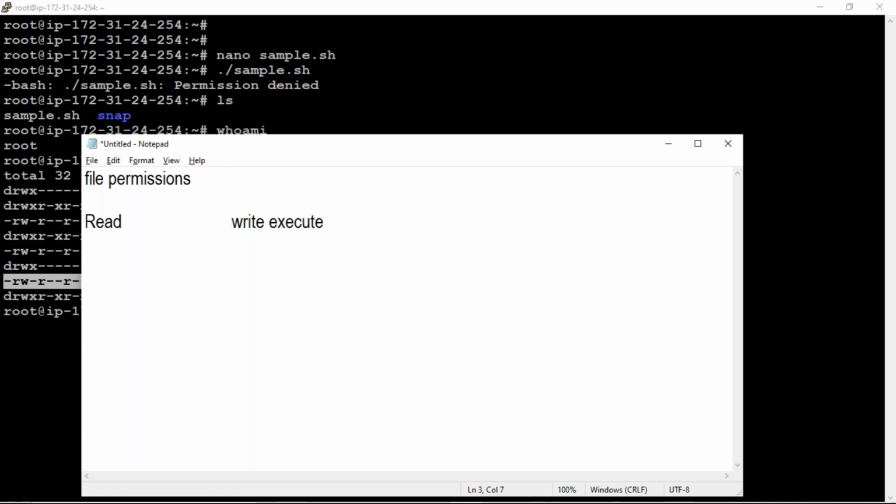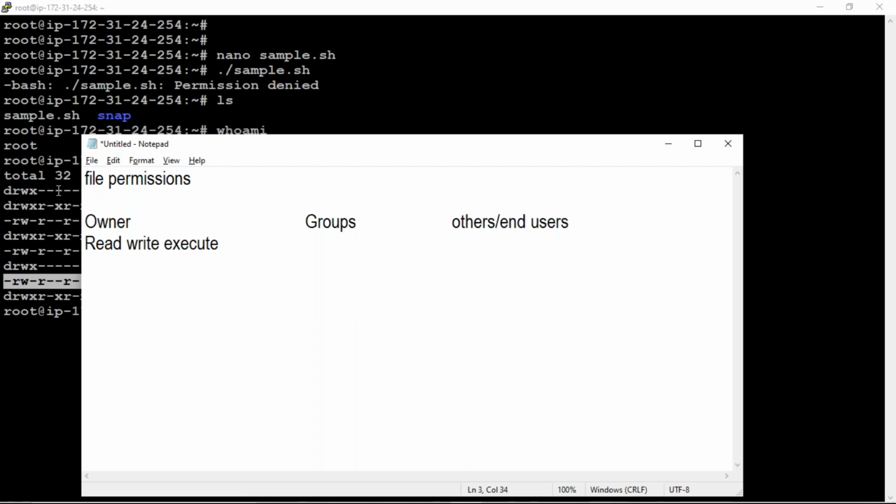These are the permissions each and every file has. And for each of the read, write, execute permissions, we have owner, group, others, or end users.